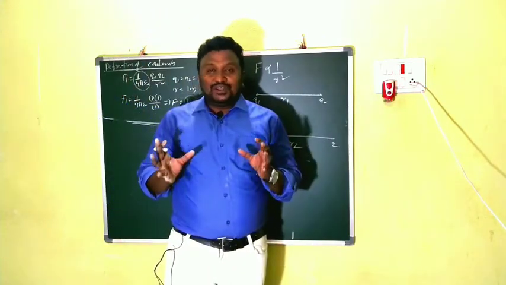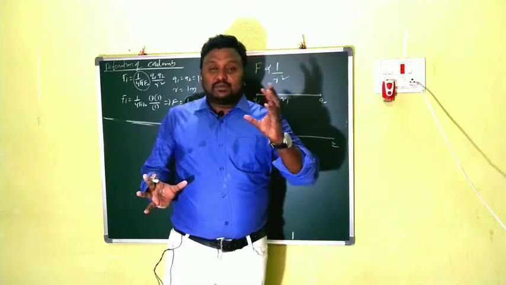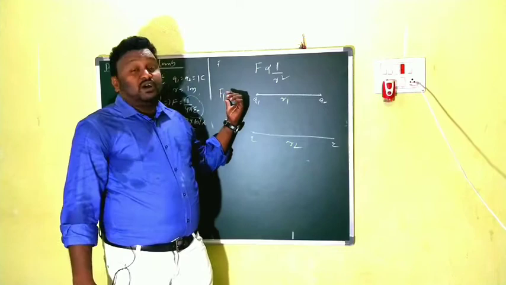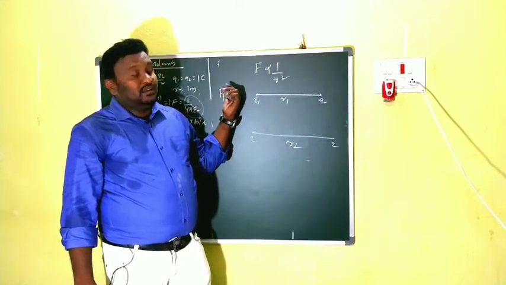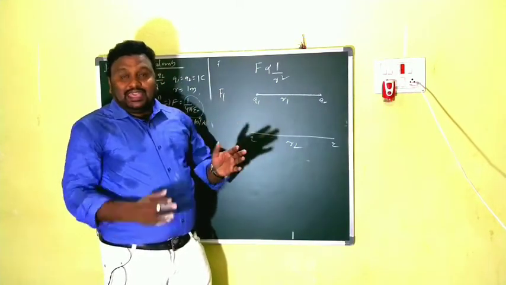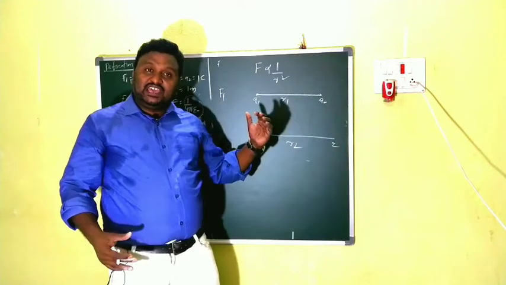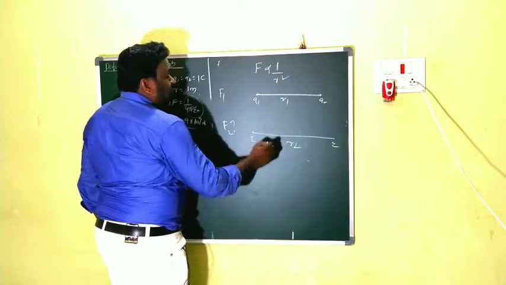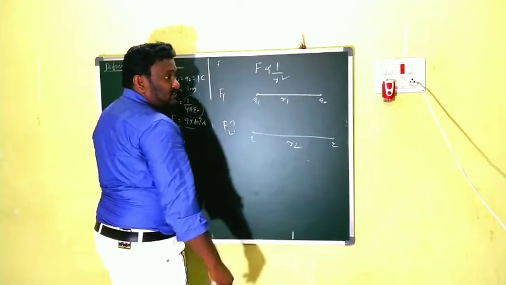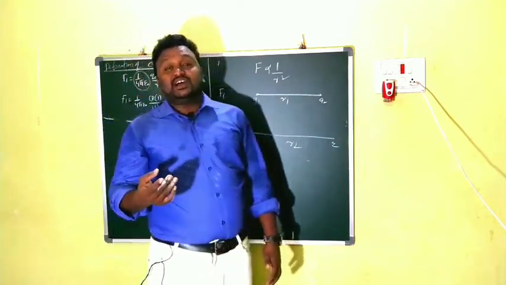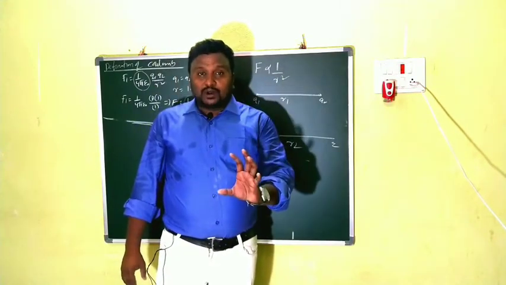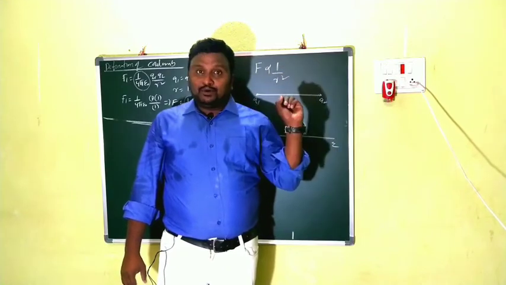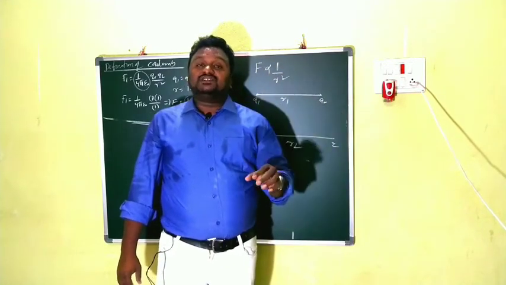Two charges Q1, Q2 are there. Initially they are separated by some distance R. Then the amount of force acting between those two is F1. Clear? After that, again the distance value changes for the same charges. Then what is the amount of force acting between them? The question will be like this. In intermediate examinations also, for 4 marks problems and 2 marks problems, it is very important, and in competitive exams also very important.